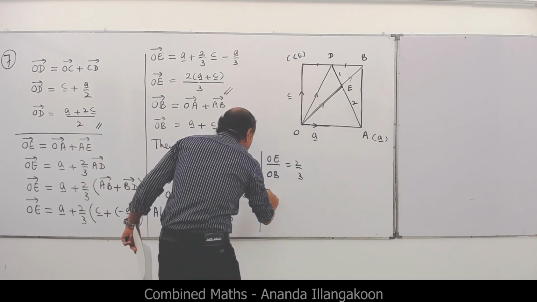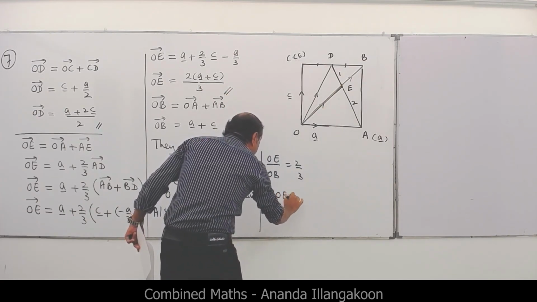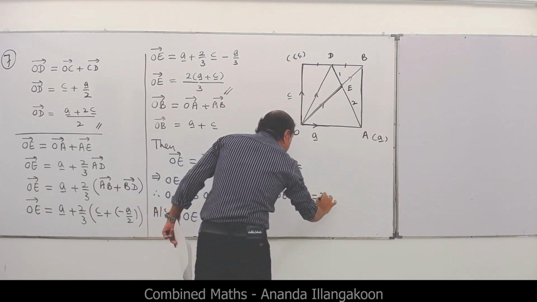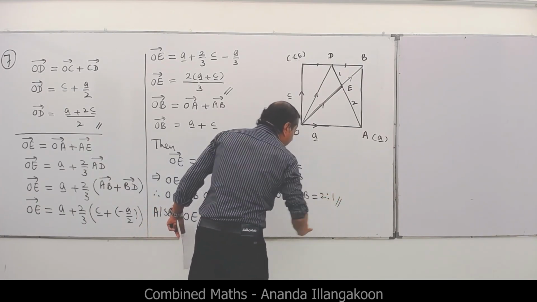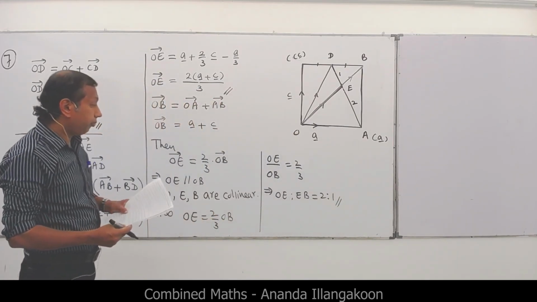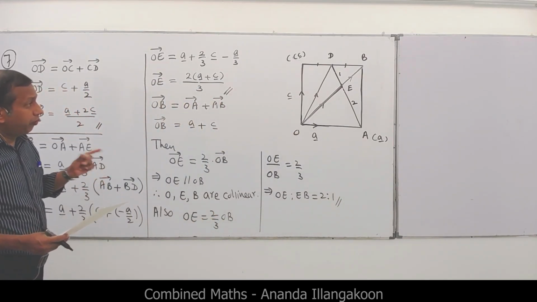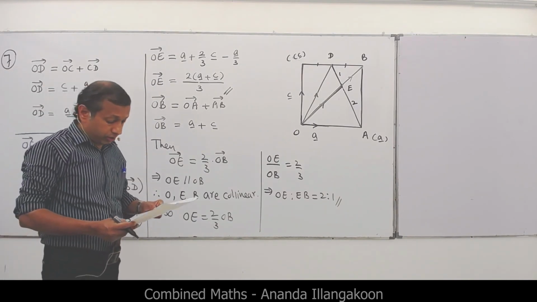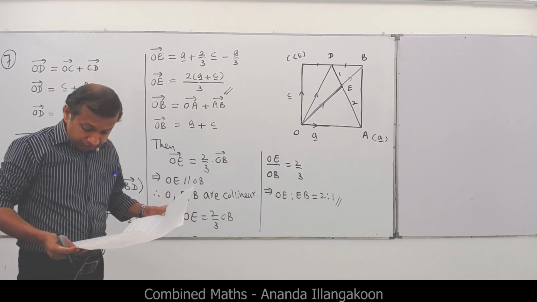So therefore this implies OE is to EB ratio is 2:1. Right? OE 2 units, OB 3 units. That means OE 2 units, EB 1 unit. Correct. Next one,